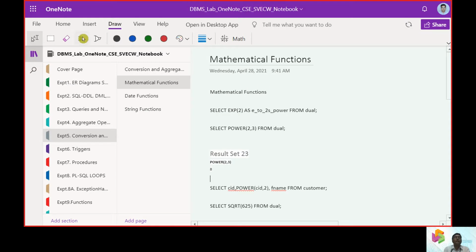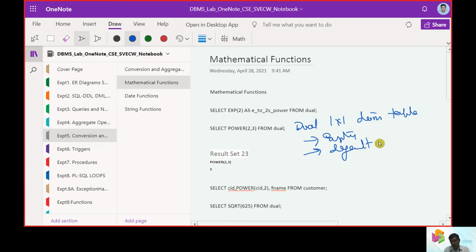So dual is a 1 by 1 dimension table, an empty table, and it is a default table in SQL. So purely it is prompted with the system content.